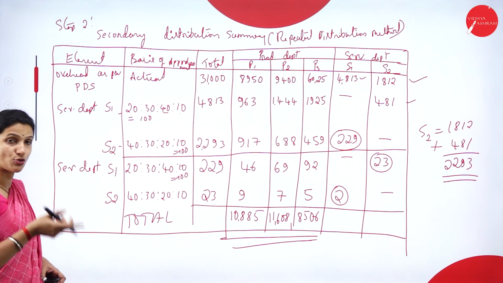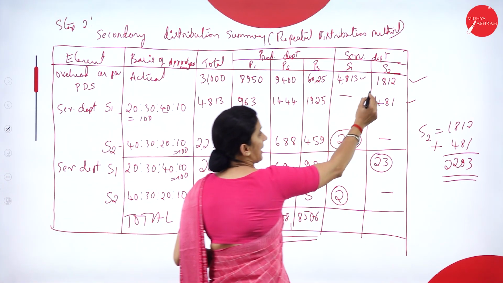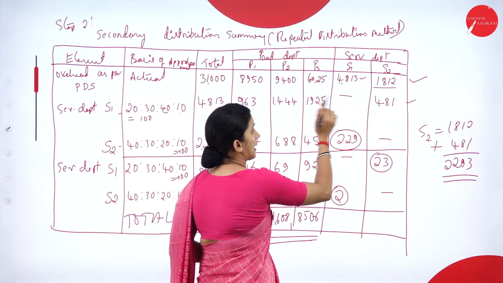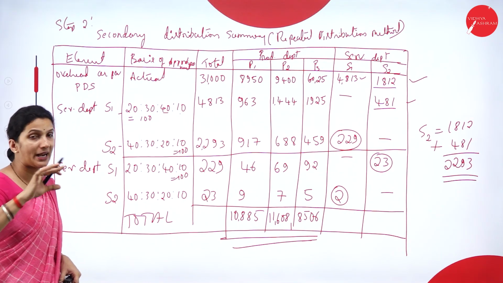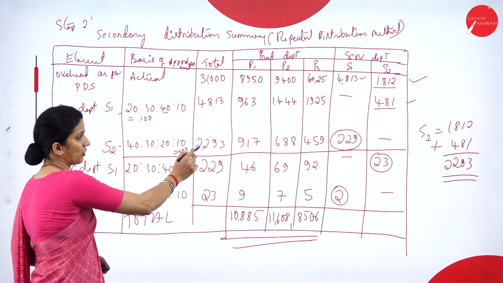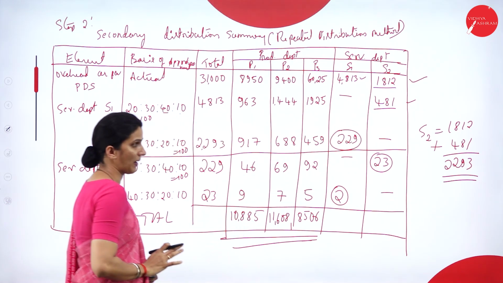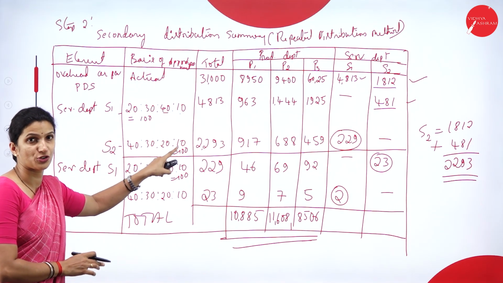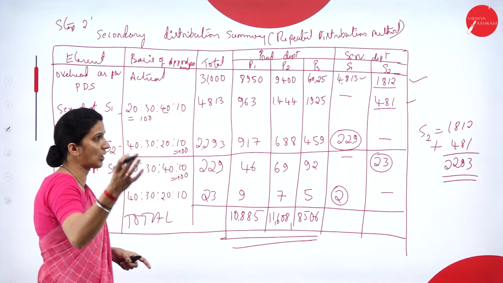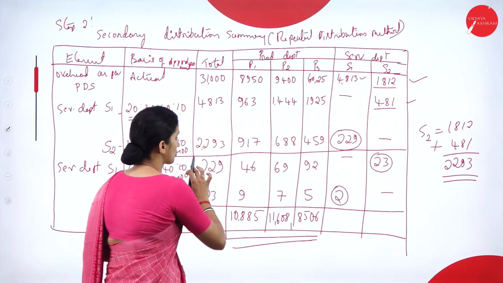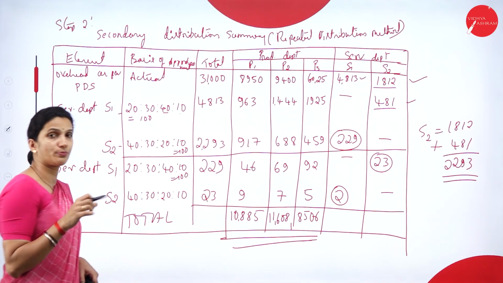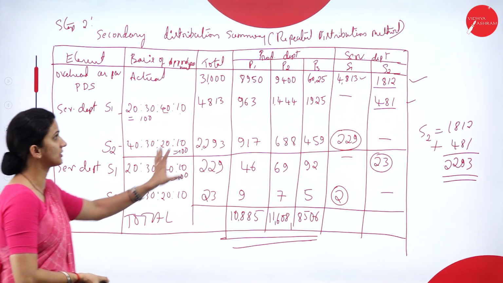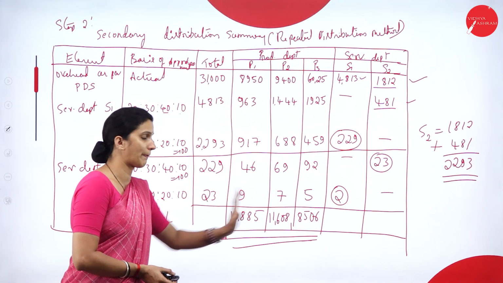Then when we take S2, we need to be careful. As per the primary distribution, this one, and the S1 portion is 481. We'll add both, and then we'll take the amount, and this will be allocated to all the departments. Now, once these 2 distributions are done, we can draw one line. Now we have 229, so that will be allocated. And here we have only 2, so we can stop the process there, and then we'll find the total of only the production department.